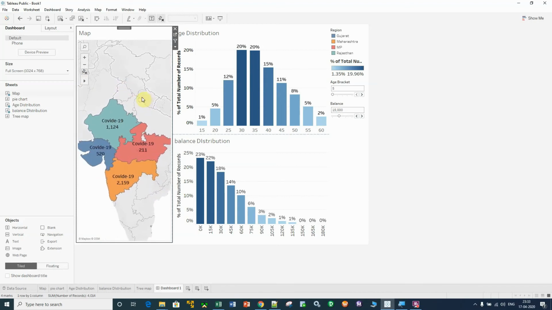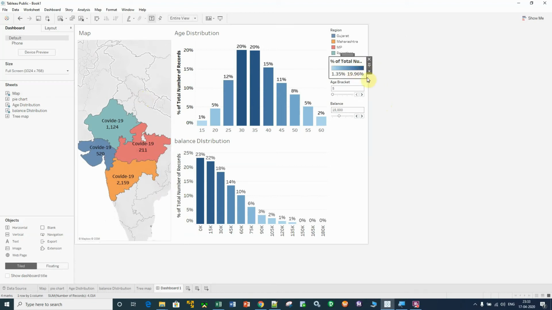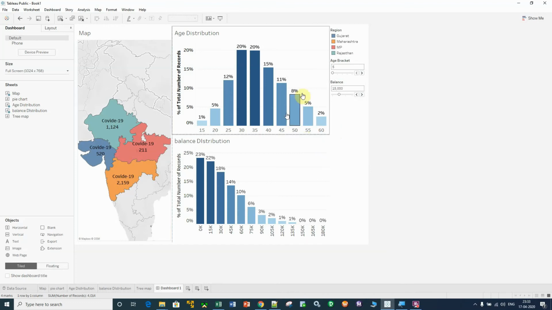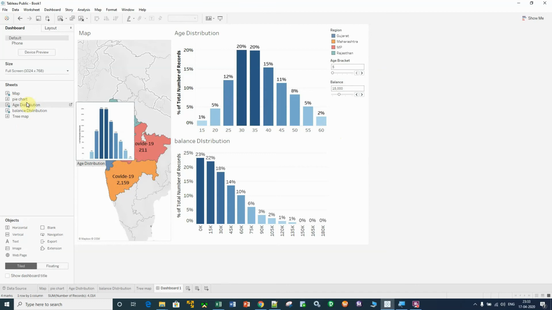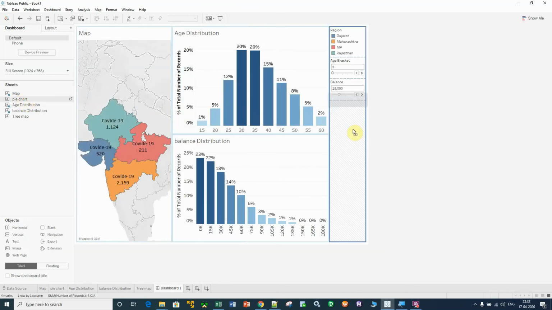Yeah, that's better. Now whatever thing you do not want on your dashboard, you can remove it. After that, what we want next in our dashboard is our pie chart. So drag and drop the pie chart here.